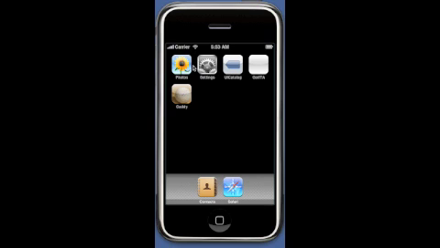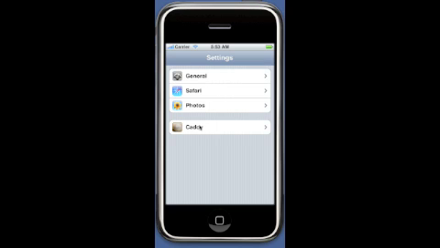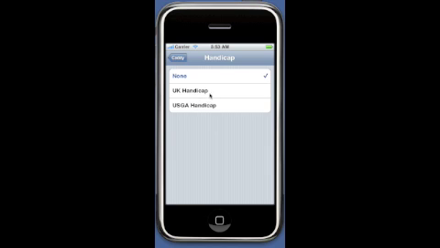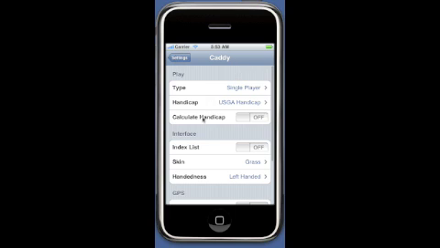So to start with, you need to enable the handicap support within Caddy. So we'll go to settings, go to Caddy. So in play there is the handicap selection. So here we would select a USGA Handicap and then specify calculate handicap. So once that's done, by selecting calculate handicap, we get Caddy to continually calculate the handicaps based on the rules